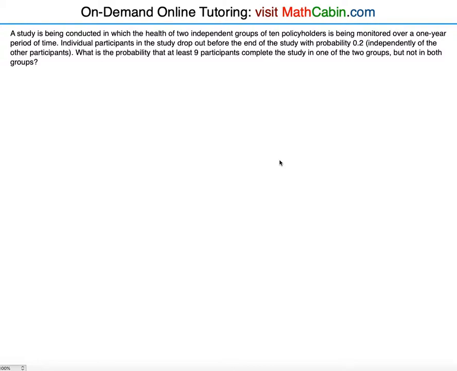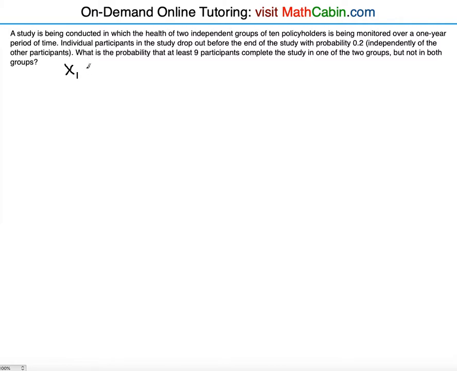A study is being conducted in which the health of two independent groups of 10 policyholders is being monitored over a 1-year period of time. Individual participants in the study drop out before the end of the study with probability 0.2, independently of the other participants. What is the probability that at least 9 participants complete the study in one of the two groups but not in both groups? So the first thing we're going to do, we're going to let random variable x1